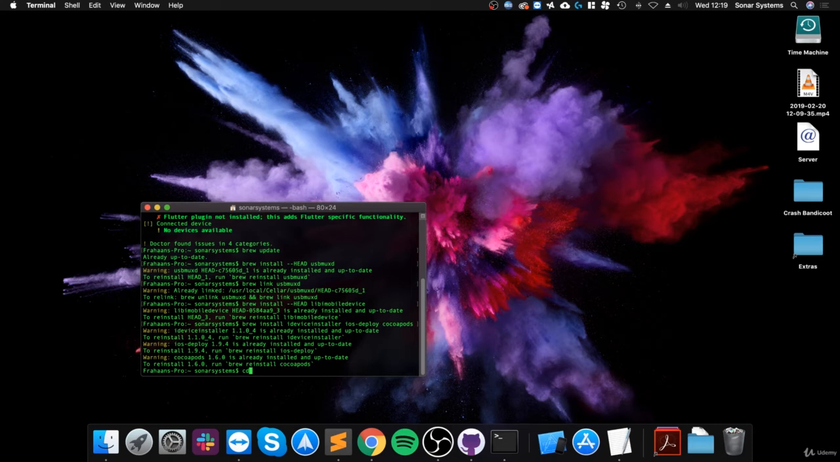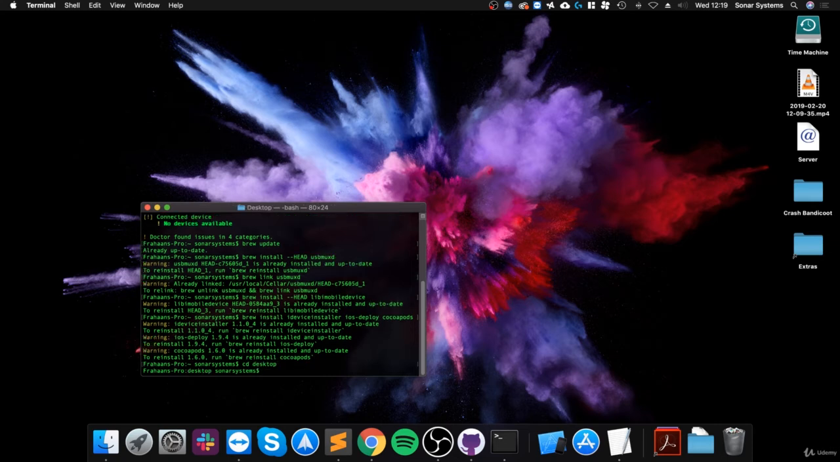I want it on the desktop. I'm going to put cd desktop. Now I'm on the desktop. To create a Flutter project is really, really simple. All we need to do is type in Flutter